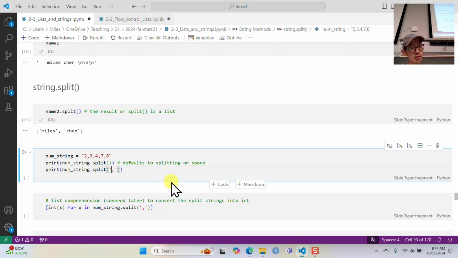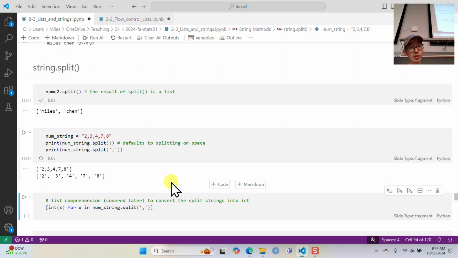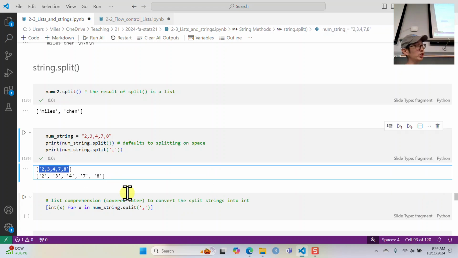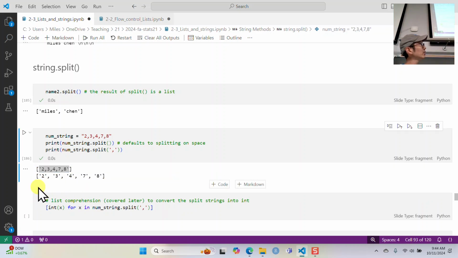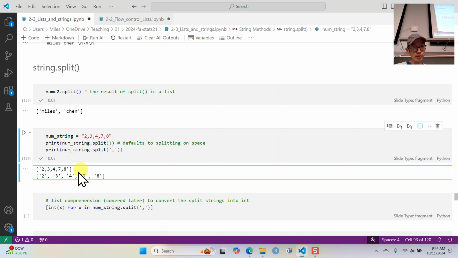But I can say, take that string and split it on the comma, and then it will return a list where everything's been split up. So here is just a list where it contains one string of that. And now I've got a list with 5 things, and it's got 5 strings with 2, 3, 4, 7, and 8. Okay. Now, if you wanted to do, say, math with this, you wouldn't be able to because these are strings. It's the string 2, it's the character 3, character 4,